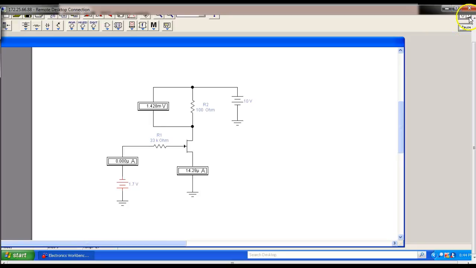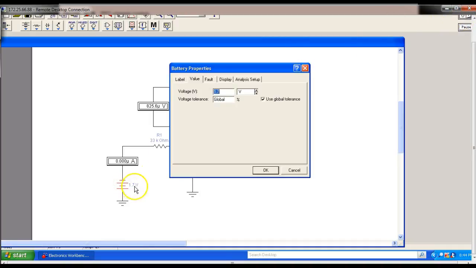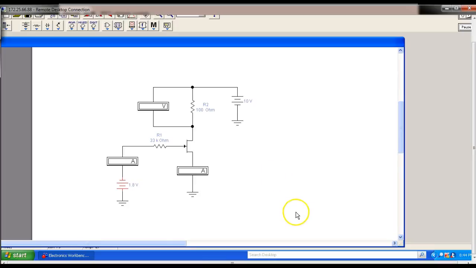Okay, let's go up to 1.7 and turn our simulation on. And now it's down to 8.25 or 8.3 microamps. So notice, the more reverse bias voltage we put, the actual drain current, source current, actually goes down. So we can come up here and make this 1.8, and we'll see where our cutoff voltage actually is. Turn this back on. And we're down to